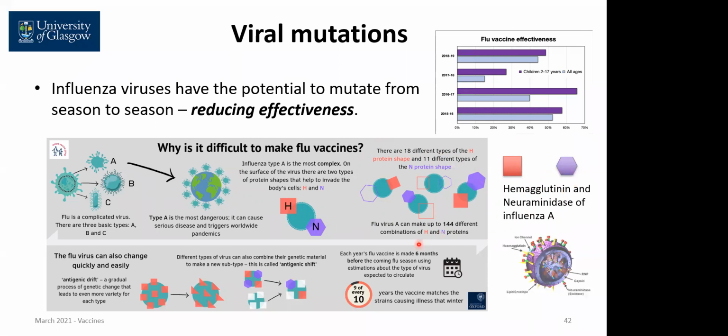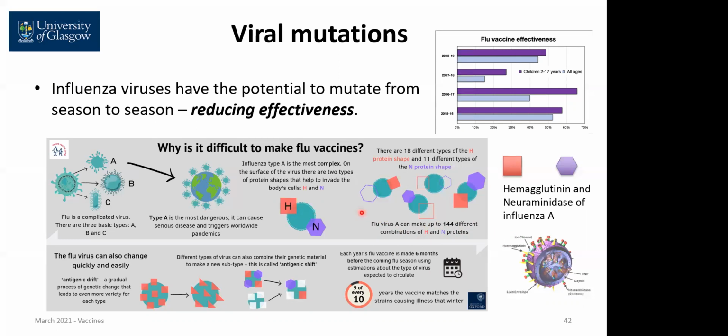And as I'm sure you can imagine, and it's simple mathematics, the more variation you have in the shapes of the protein, the combination of these will result in a vast number of different combinations. So you're going to have up to 144 different combinations of these H and N proteins on the surface of the influenza A virus. And that is simply the reason why from season to season, the vaccine will have to